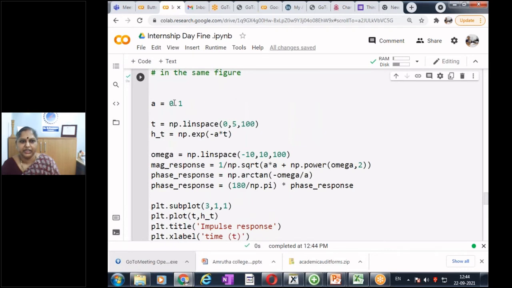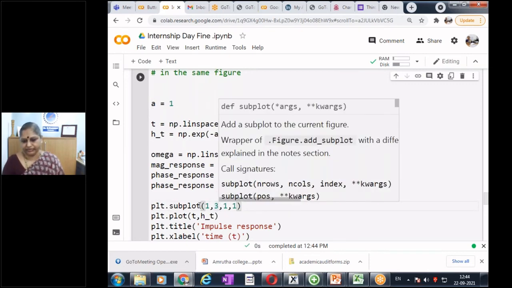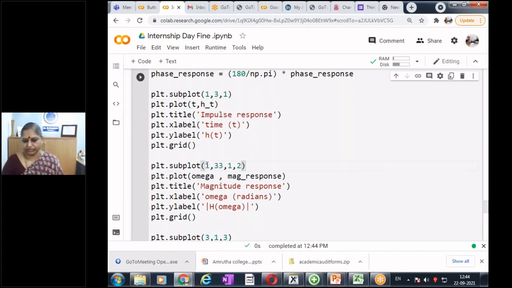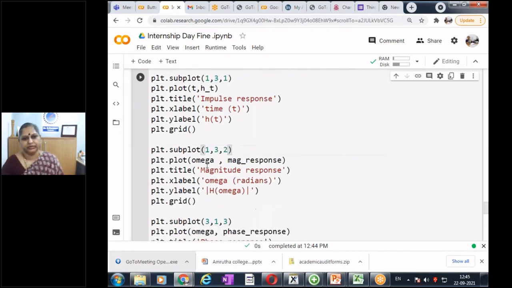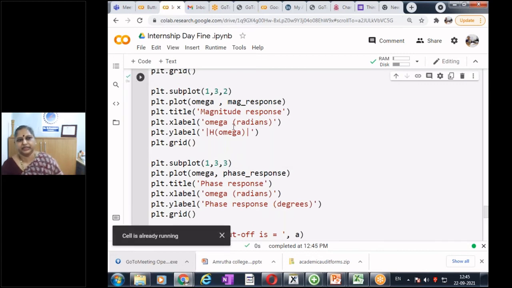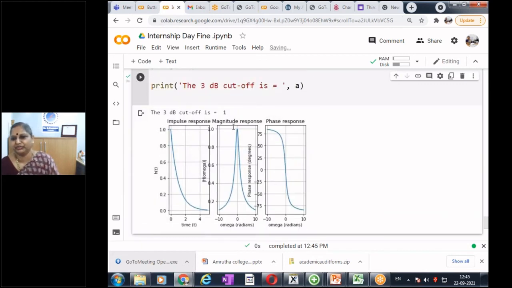Whichever you prefer, one beside the other or one after the other, I think 1, 3 was better. Now let's run it and have a working code, because I'll be sharing this code afterwards. So is it clear? From the frequency response, this is a low pass filter, and this is what I get.